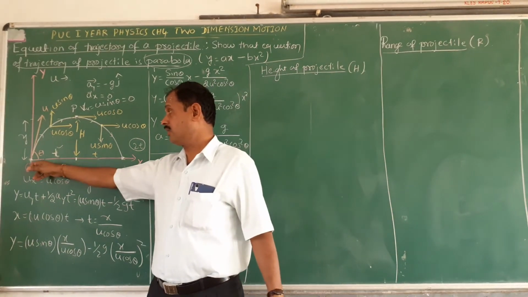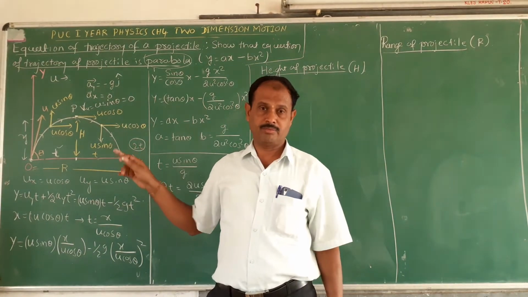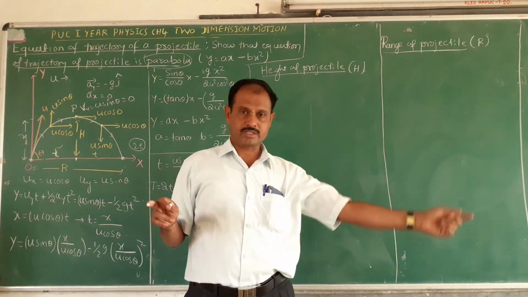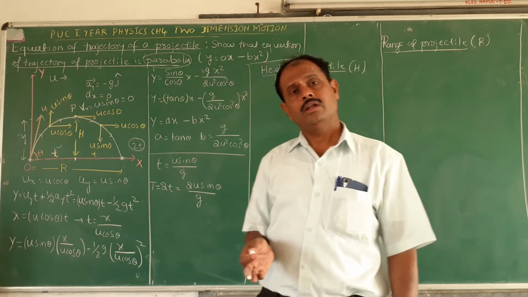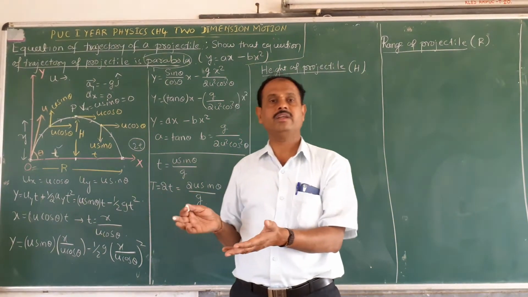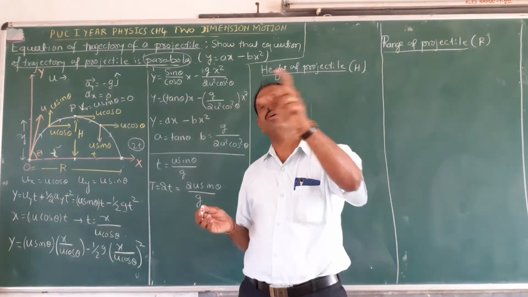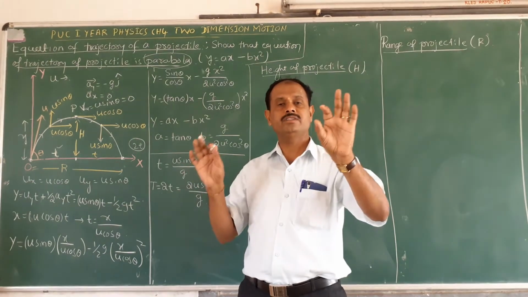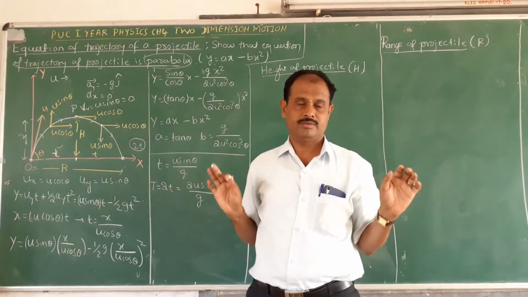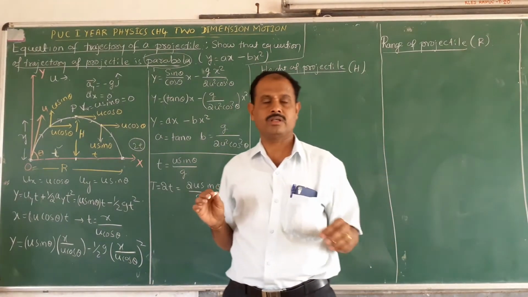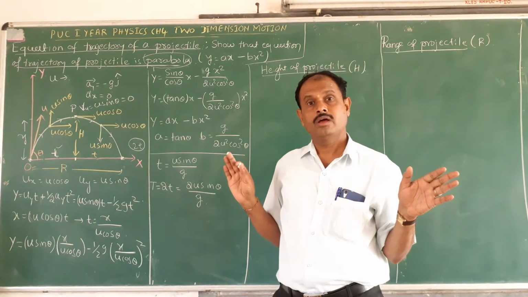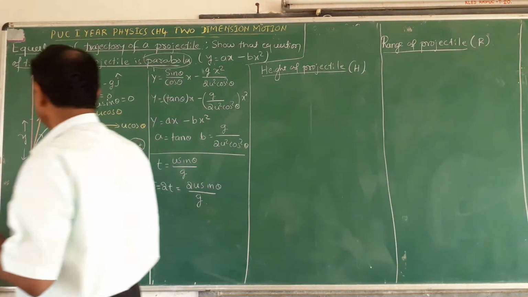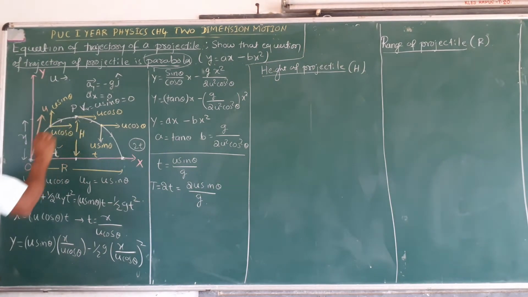Now, path followed by the projectile, path followed by the particle in the projectile motion, that is called trajectory. Now, you obtain the expression for the trajectory, that is, prove that it is in the form of a parabola. It is a 5-mark question, very important question. You show that it is a parabola. Okay. Now, when that particle reaches the maximum height,